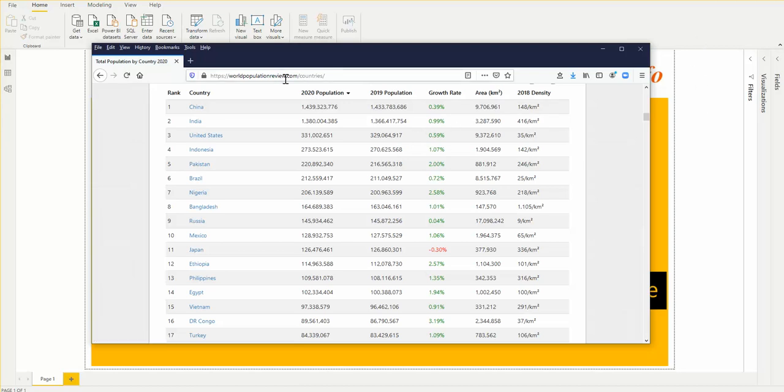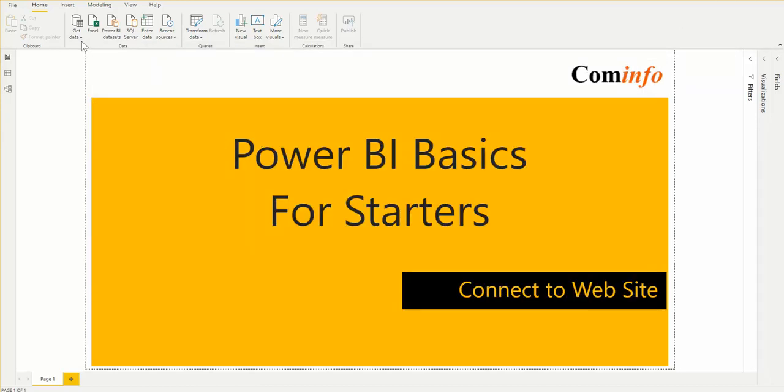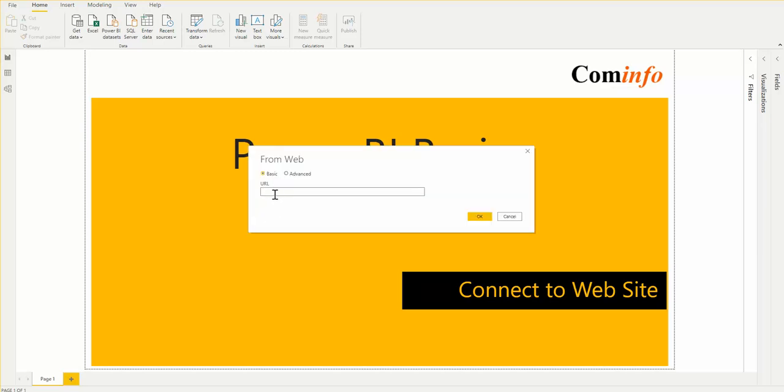So I already copied the address to my clipboard. So let's go ahead and do that. Again, you can just go to Get Data and simply select Web, or go to More and select Web. When you click on Web, it should come up. Just simply type in the URL, click OK,